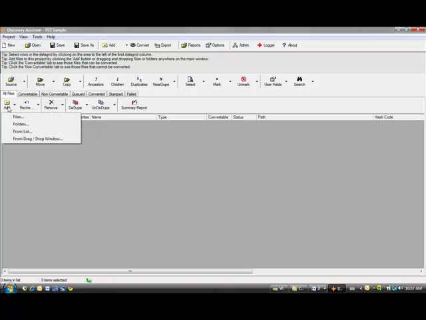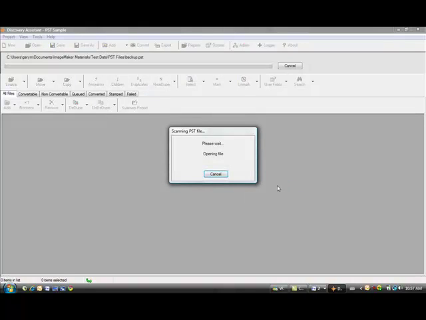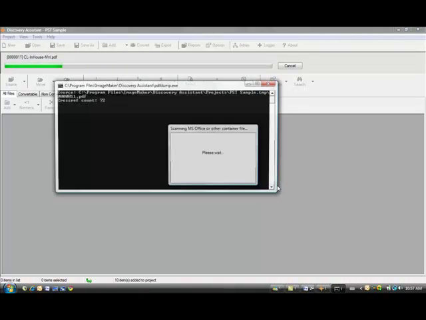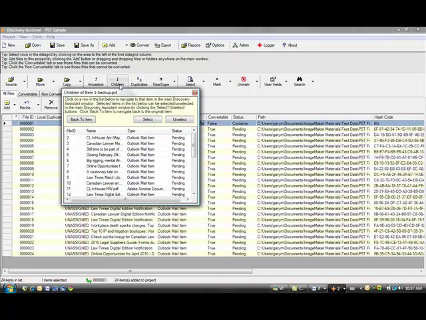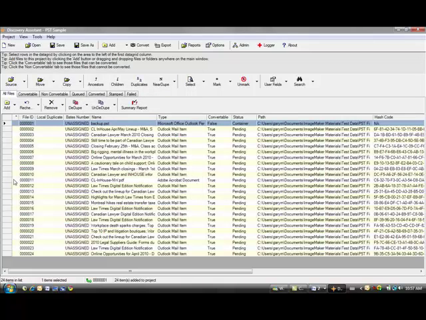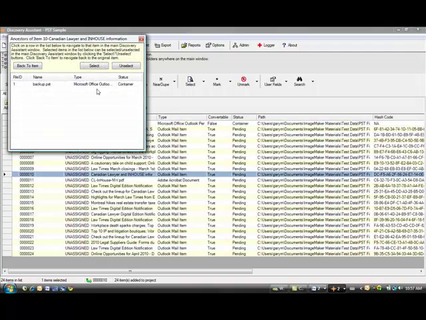and I will add to it something called PST backup, which contains a number of email messages and attachments. And again, it's extracting this PST and it's looking for duplicates. In this case, you can see that no duplicates were found. If I look at the PST record itself, again I see all of the other documents were derived from this particular PST. If I look at item number 10 and click on Ancestors,